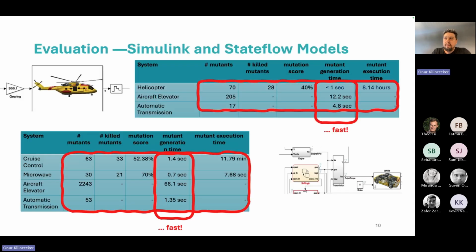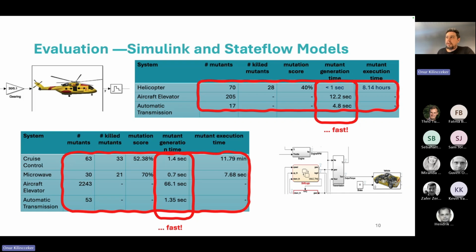And we already evaluated our solution, MUT4SLX, on open source, but still realistic examples, like for helicopter and aircraft elevator or auto transmission for Simulink, and for Stateflow cruise control, microwave aircraft, or automatic transmission. And then you may see in the slide that for Simulink, we successfully calculate the mutation coverage for existing test cases for helicopter system. The mutation score is 40%, which is a sign that there is a lot of room to